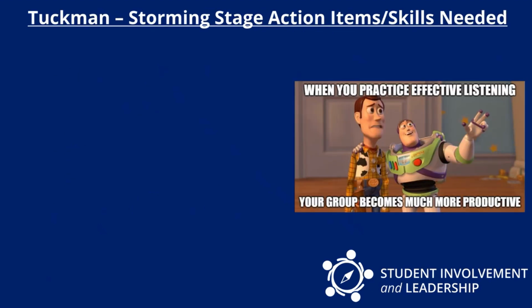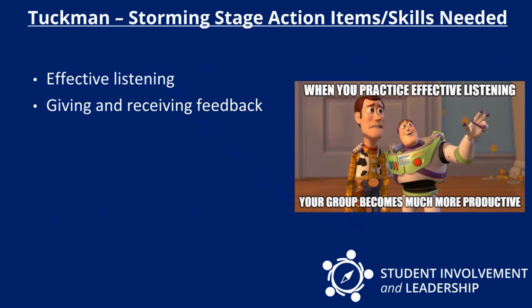So what can you as a leader do to help out in this storming stage? So one thing is effective listening. Everyone likes to be listened to, likes to sort of share their own story. So make sure that you're effectively listening and not just putting off listening to your team members. Make sure you're actually receiving that feedback from them. So among that, give and receive feedback. So both provide feedback to your team members and also receive feedback for yourself, because maybe the way that you're going about things just isn't working. You need to work on your conflict resolution skills. There's many methods to do this, but finding the strategy that works best for your organization is very much a personal preference.